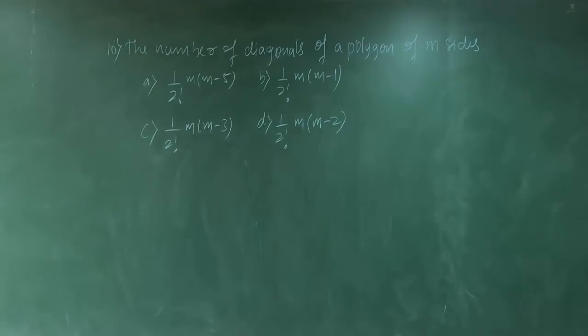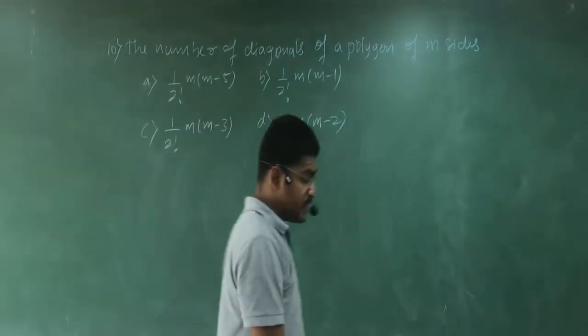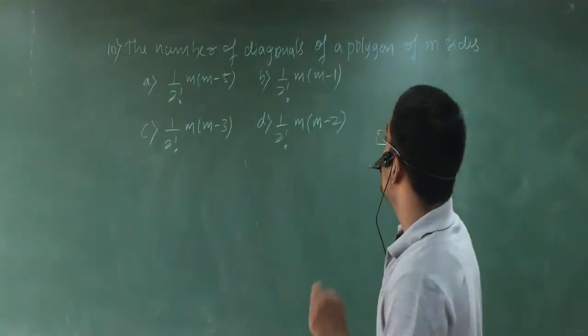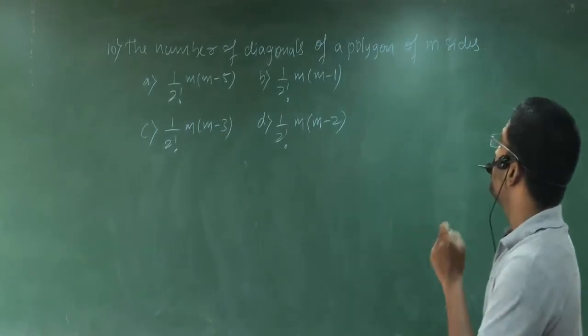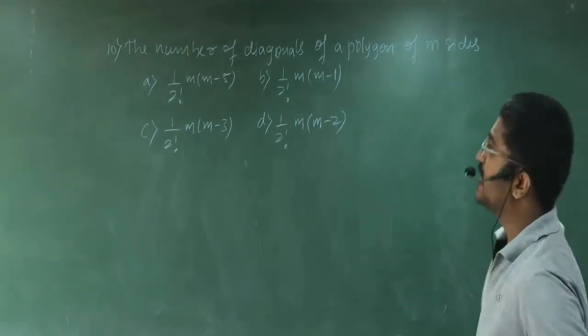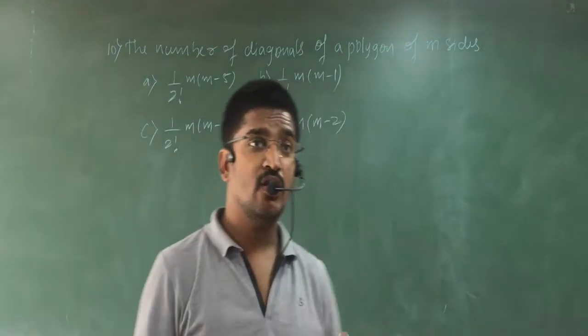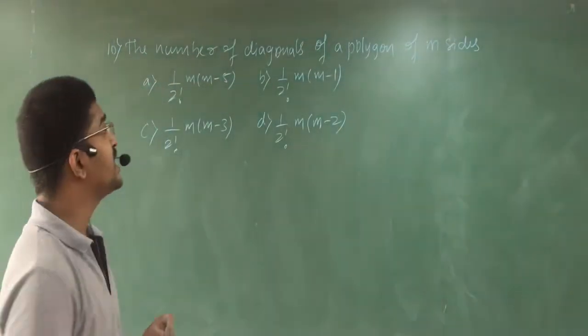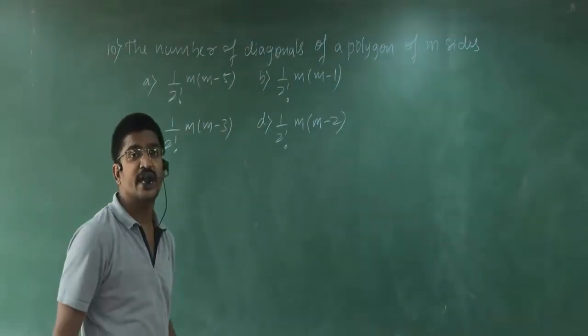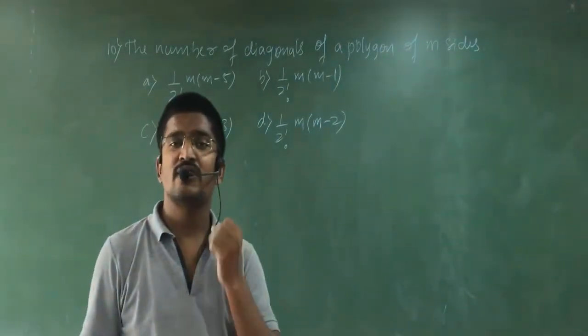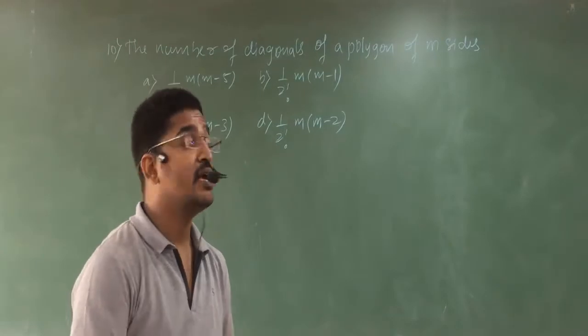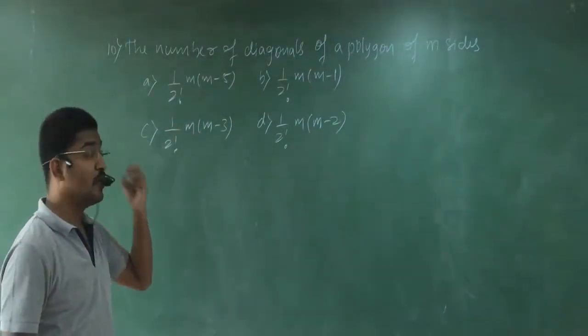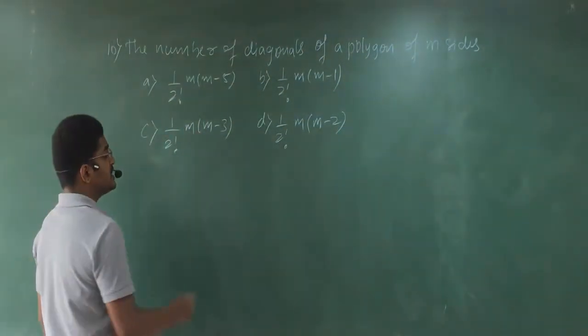Okay, students. So now let us go for the next problem. The number of diagonals of a polygon of m sides. That means the polygon contains m sides. Then they are asking for the total number of diagonals. They have given 4 options, no problem. Clear? So see here,